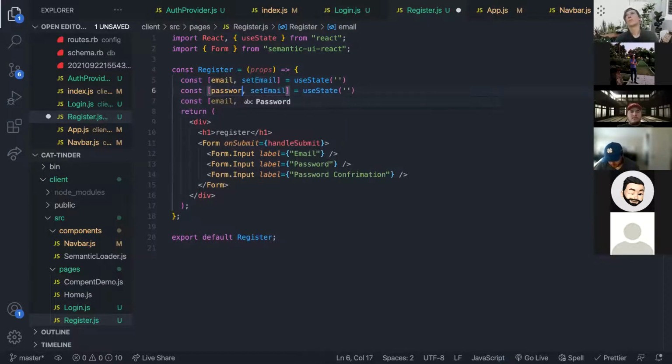And password, setPassword. Password confirmation. It's confirmation of